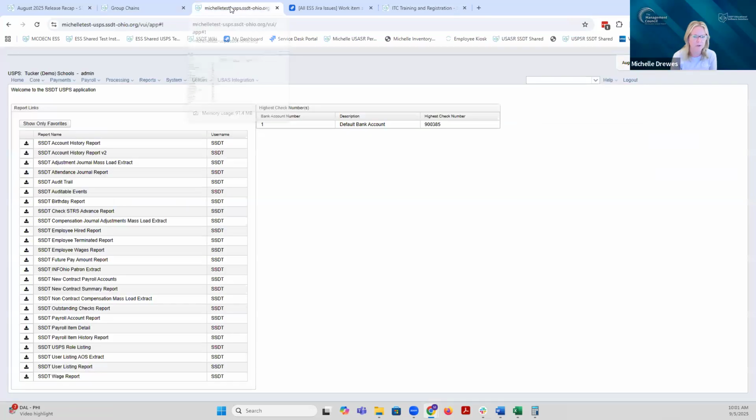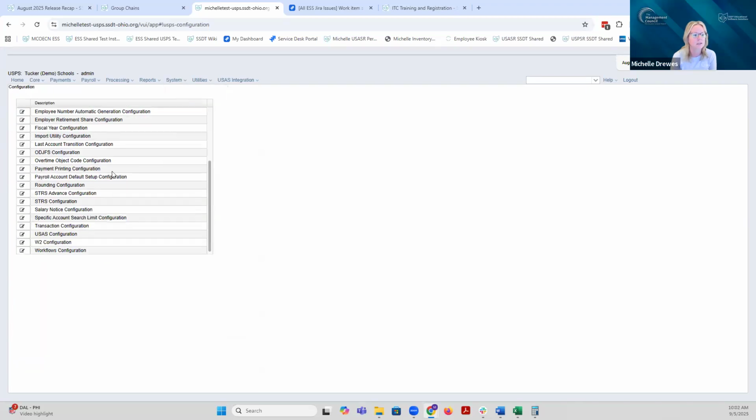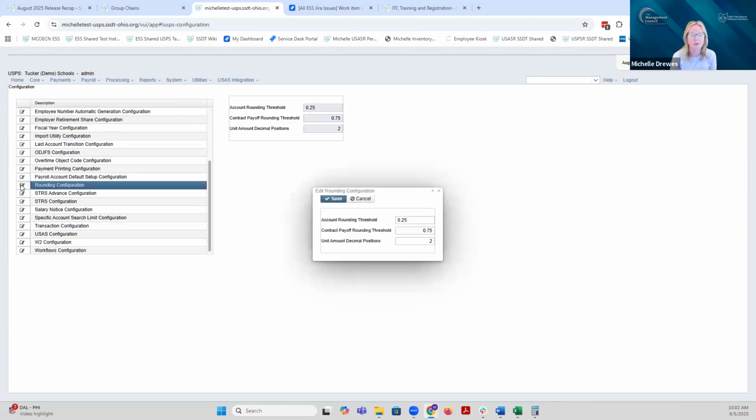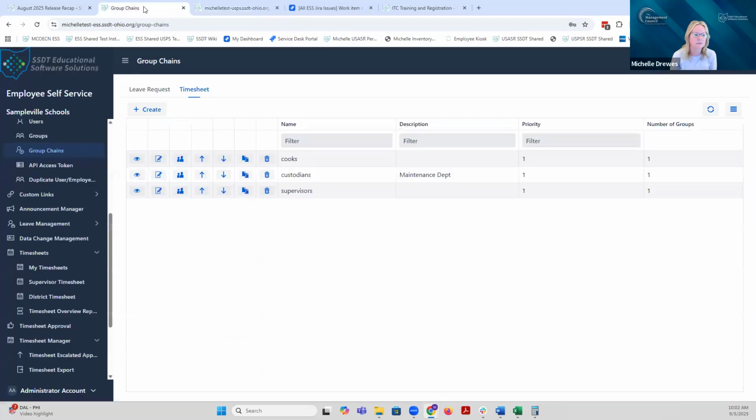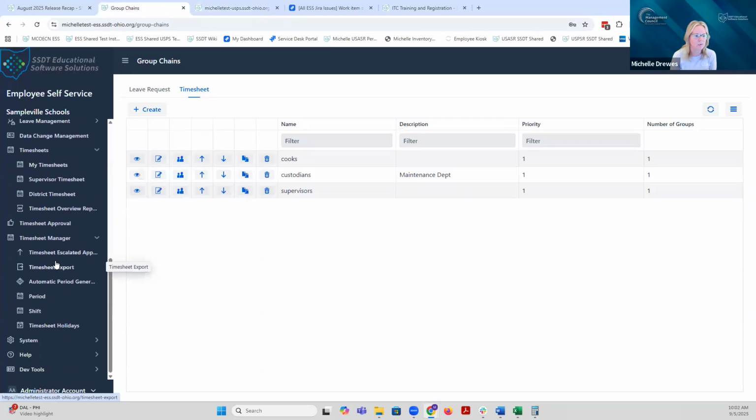So I'm just going to go back in there quick and show you again what she was talking about. Underneath system configuration, they have that rounding configuration here, which mine shows 2 decimals under this unit amount decimal position. And with that, in ESS, we also have added a new option underneath system